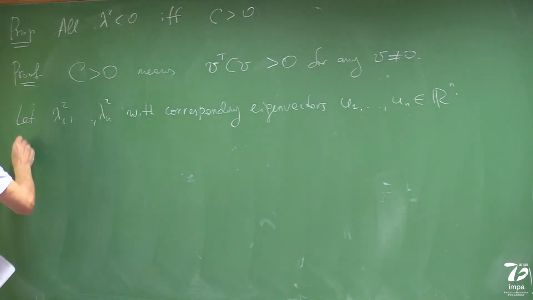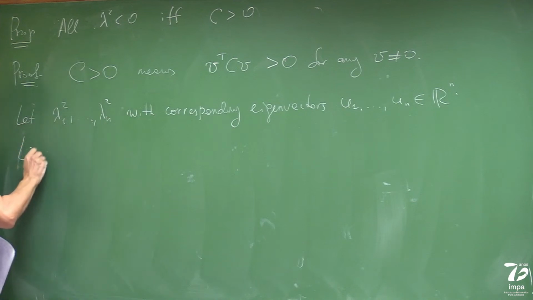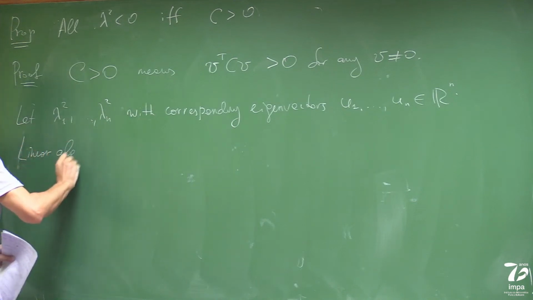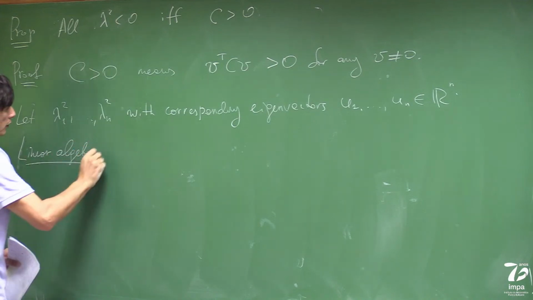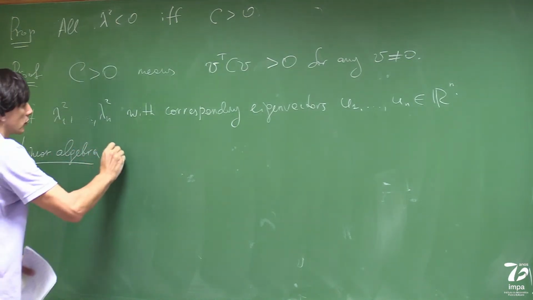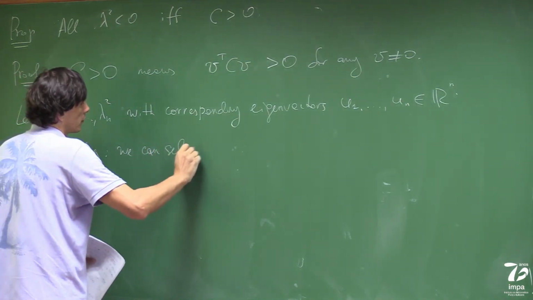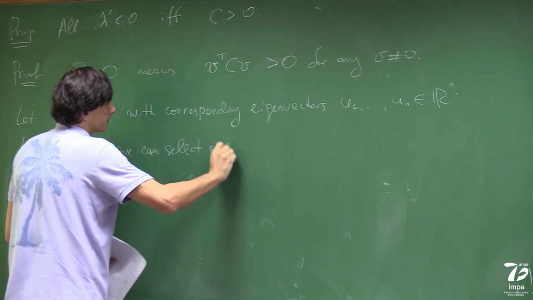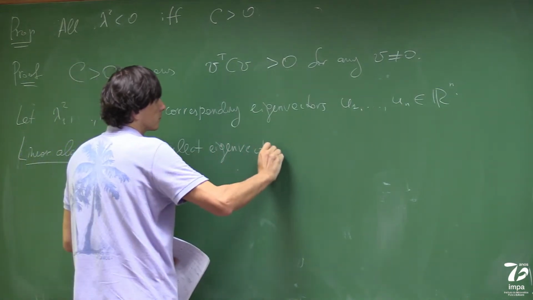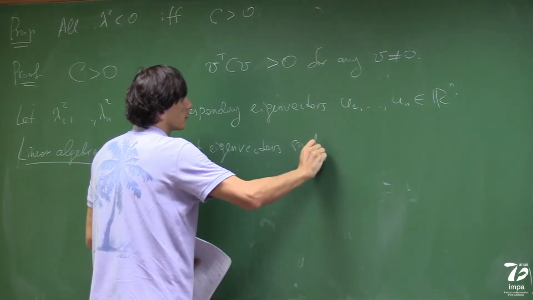So from the theory of linear algebra, linear algebra guaranteed that we can select eigenvectors such that